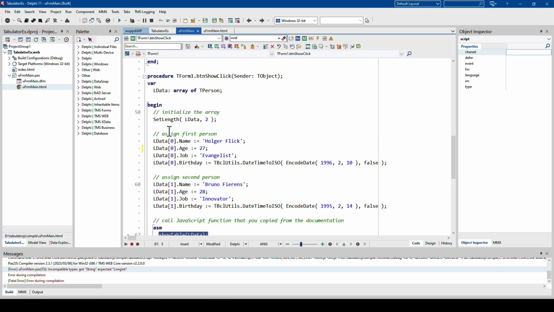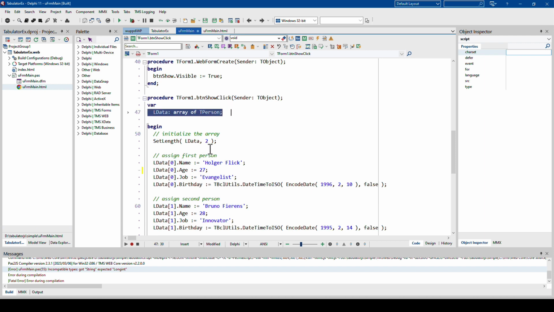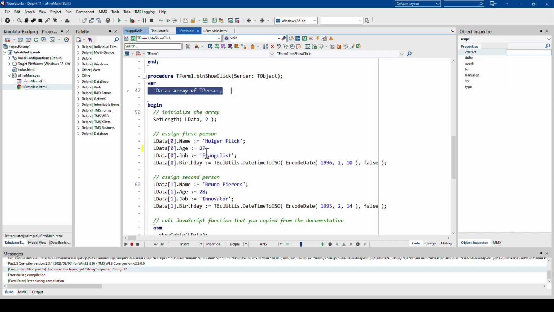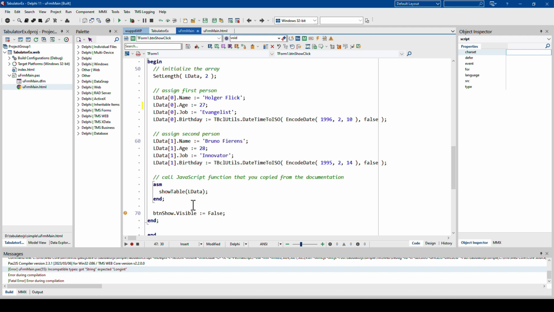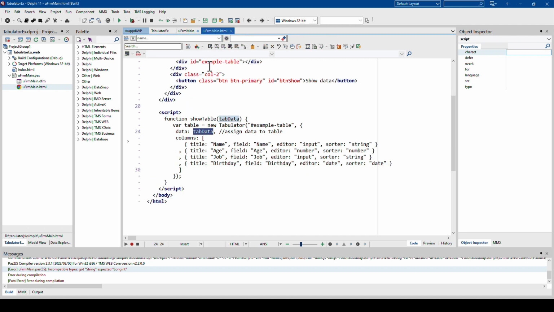So the local variable that I define inside of my Delphi code can be passed into this JavaScript snippet. It's not code, it's just a snippet that I copy pasted from the documentation. There's nothing to it, believe me. If you fiddle around with it a little bit, you'll figure it out very, very quickly. And it is amazing how quickly you get great results that you want inside of the web.